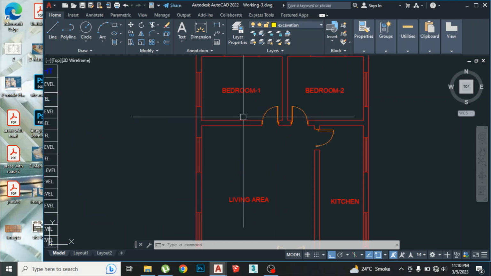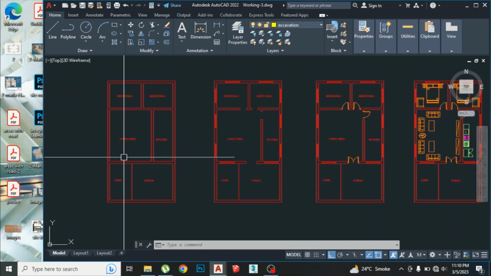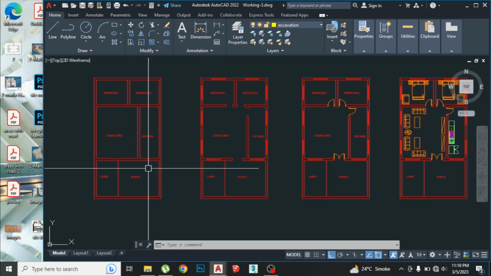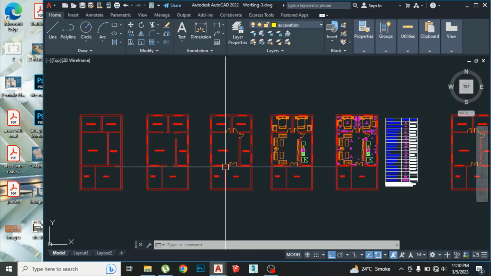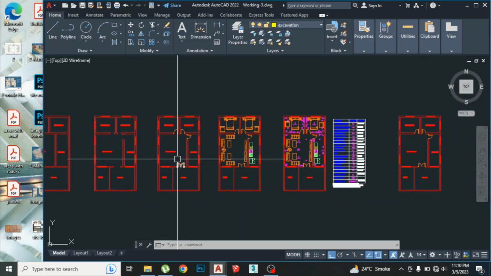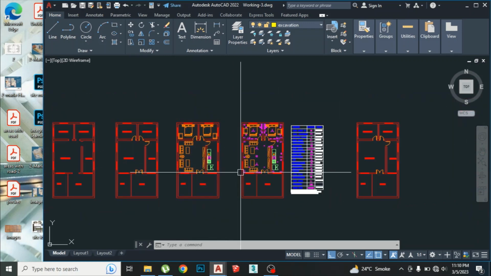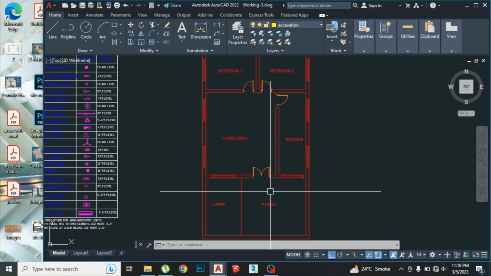So first of all, these are all the plans that we had discussed in our previous sessions. First one is basically the layout. Second one are the openings for doors and windows. Third one is the placement of doors. Fourth one is the furniture layout. Fifth one is the electrical plan. And lastly, we would go to